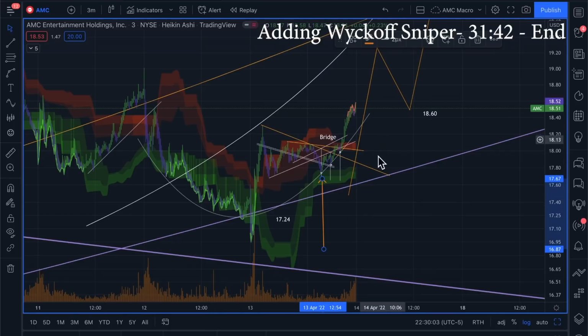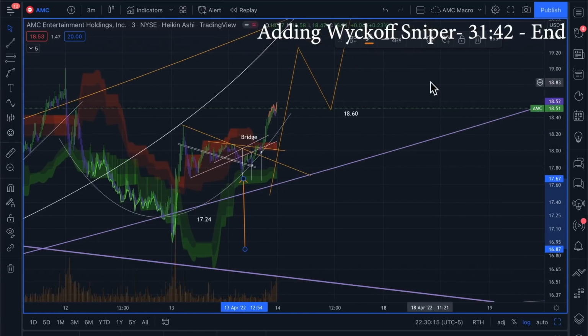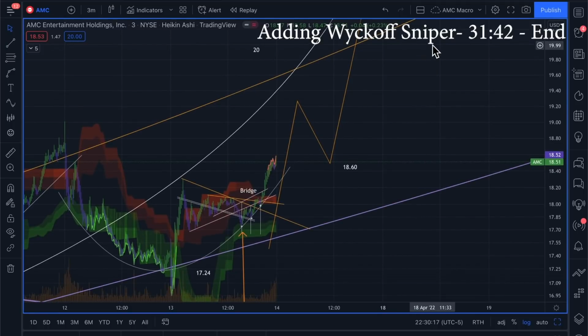for January, right? Where we get that gap fill, and then after that, maybe that's about it, and then it comes back down and we get the cup and handle setup, and then we start running to perhaps 20 or something by the end of the day. And 20 was one of the targets I looked at earlier. I think 1860 was another one I thought was pretty significant.